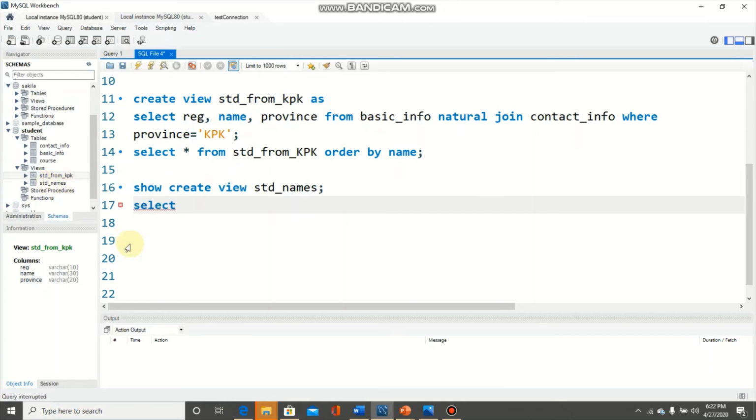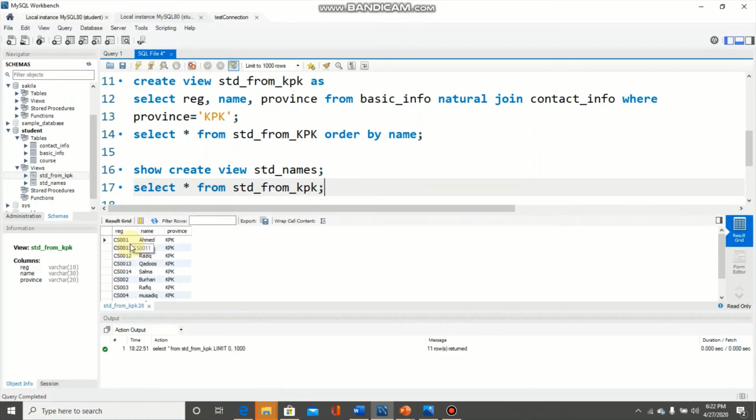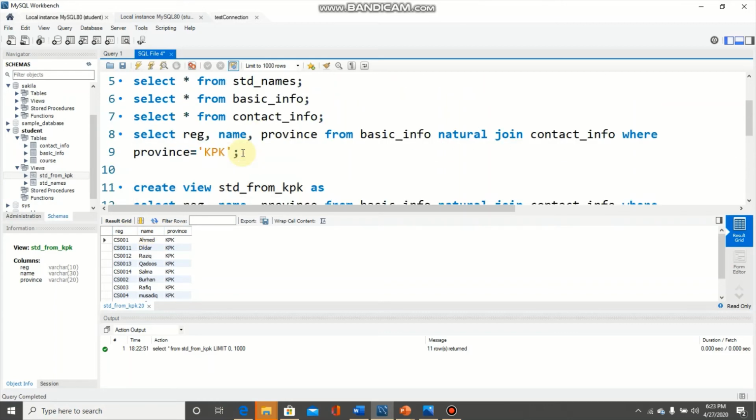So I am typing select star from std from KPK. We have a list of students from two tables, registration number, name and province. These are three attributes. Province came from another table and registration number and name came from the first table. Actually what we did, we used a natural join with the select query.